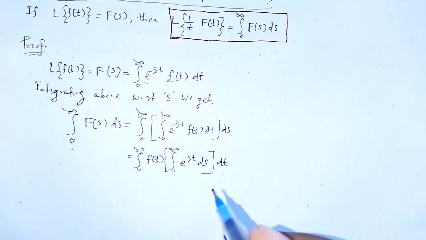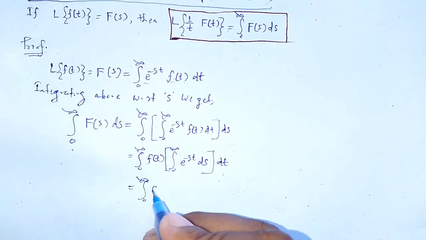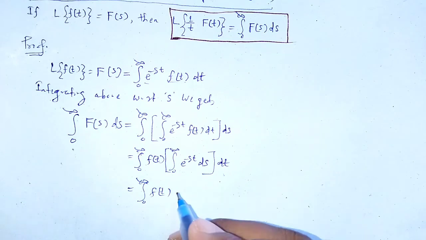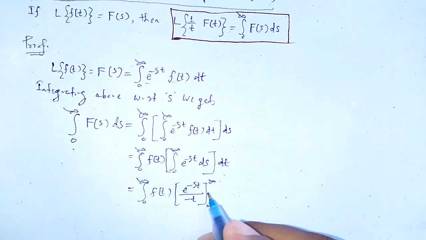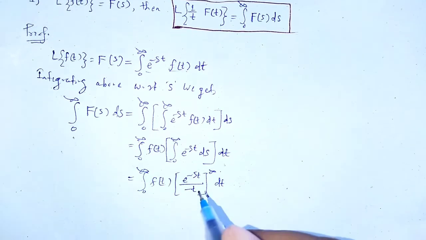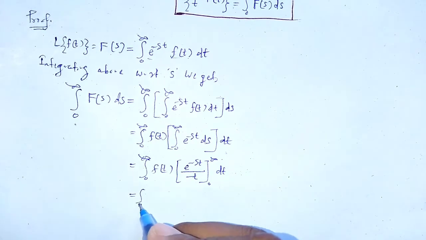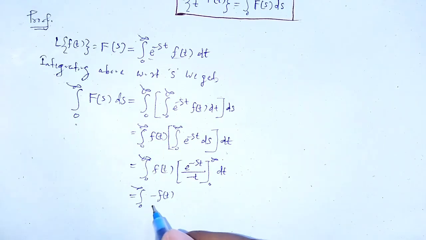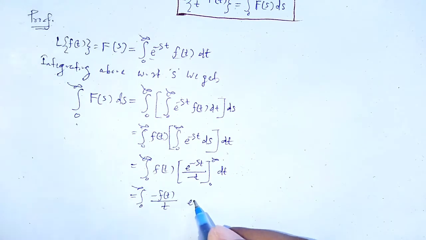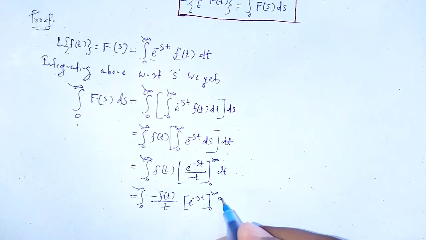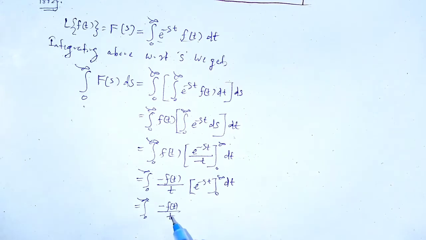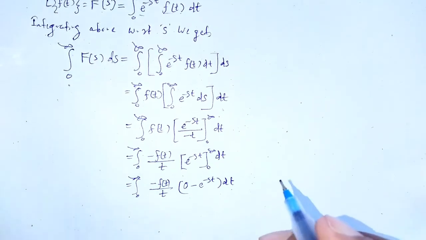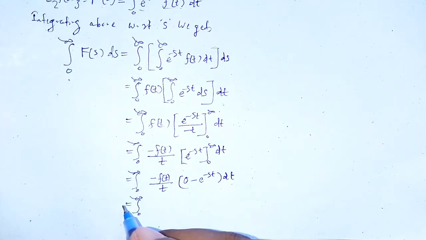with respect to dt is equal to integration from 0 to infinity f of t, then that integral as e to the power minus st divided by minus t using the limit from 0 to infinity with respect to dt, as the integration from 0 to infinity, that one is equal to integration from 0 to infinity minus f of t divided by t e to the power minus st, the limit from 0 to infinity dt is equal to 0 to infinity minus f of t divided by t using upper limit and lower limit, it will be 0 minus e to the power minus st with respect to dt,